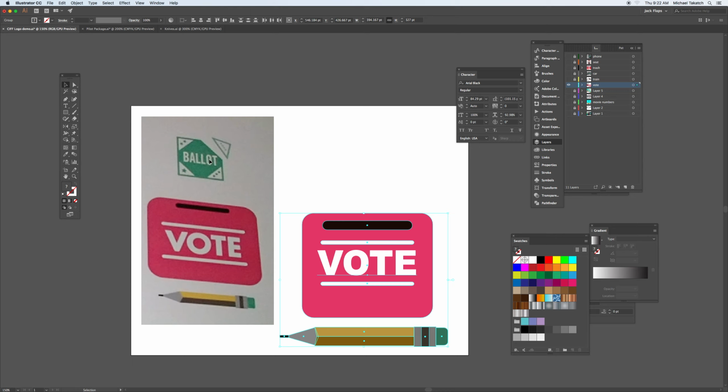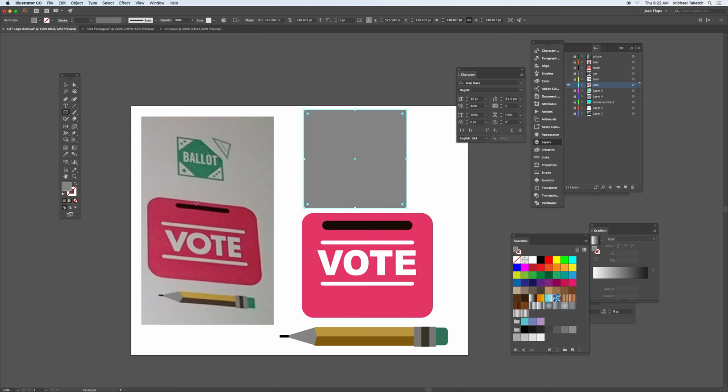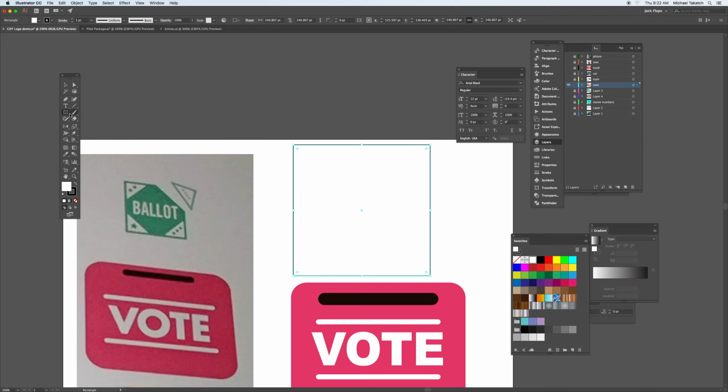Seeing how many selections you have, I'm going to make it relatively large to start off with. So there's the ballot. Hit D for default just to go back to the black and white. You can see it has 1, 2, 3, and 4 stars, so you're trying to figure out the easiest way to do this. I'm going to just go with the polygon tool